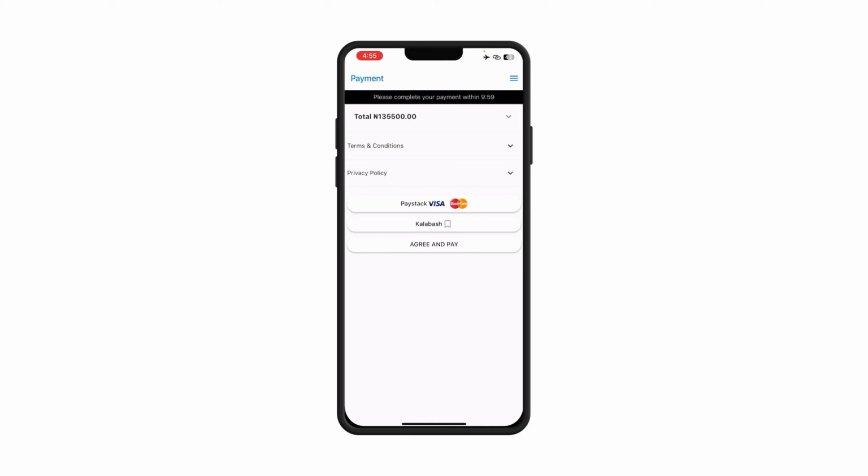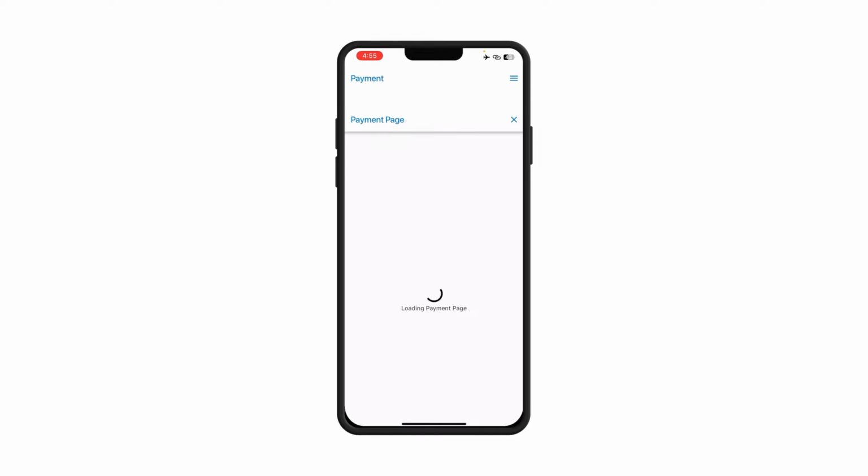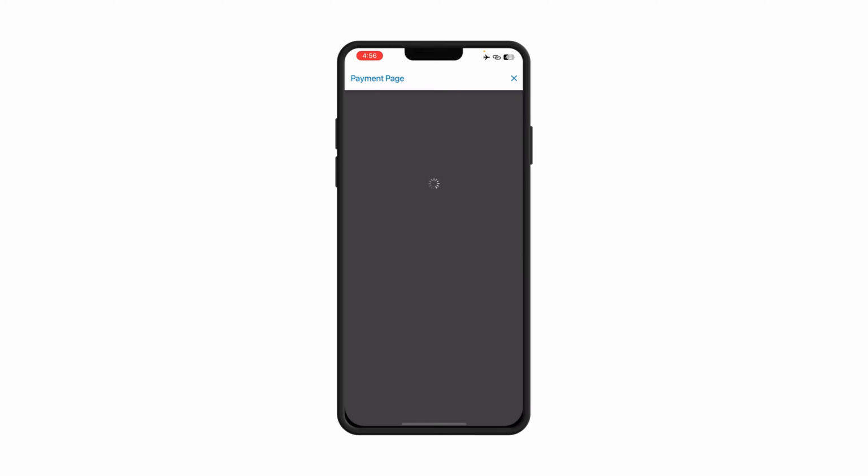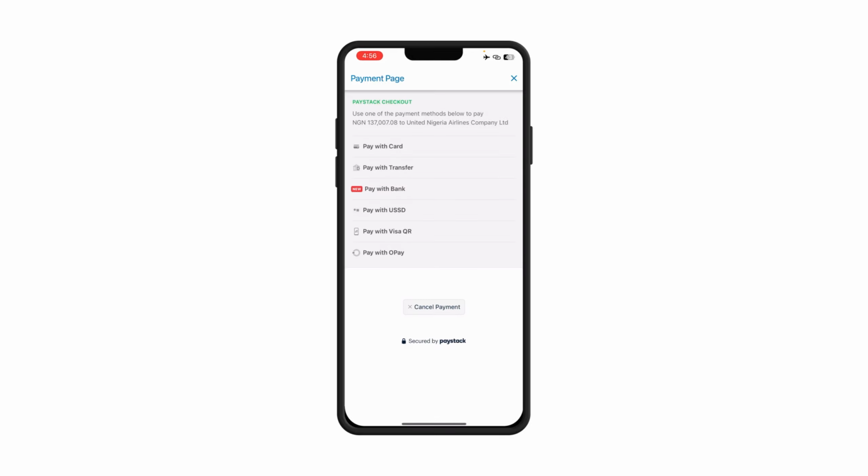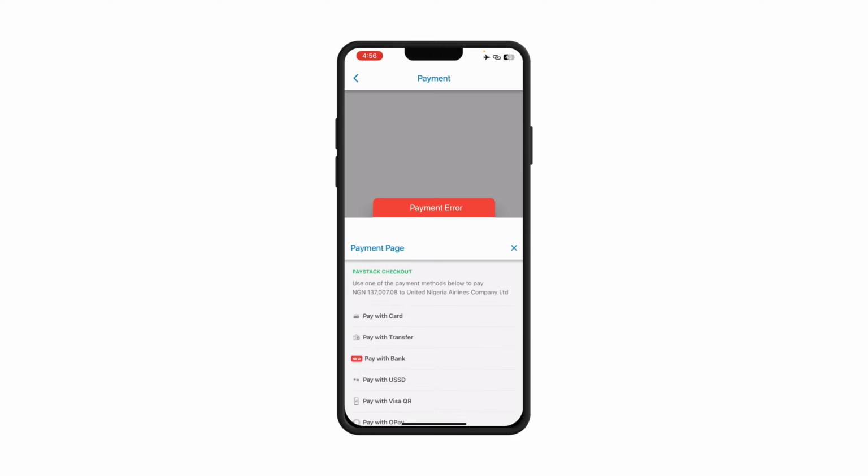You're done with everything. So the last thing for you to do is to just make payments. Click on continue. Click on this Paystack. So you're going to be given the option to make some payments. So you can pay with your OPay, with your bank transfer, with your bank card, with USSD. So select any of them. Once you have made your payments, you're going to be receiving an email to confirm that you have